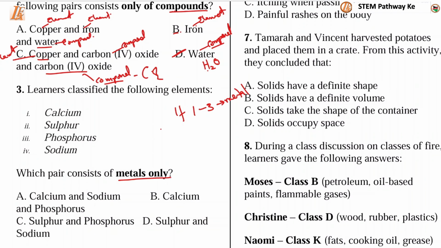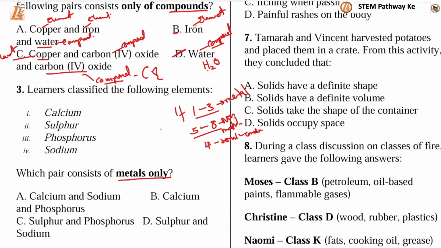But if the electrons in the outermost energy level are between 5 and 8, this one is a non-metal. Then if the electrons in the outermost energy level are 4, this is a semiconductor. Therefore, in this case, what we're going to do is write the electron arrangement